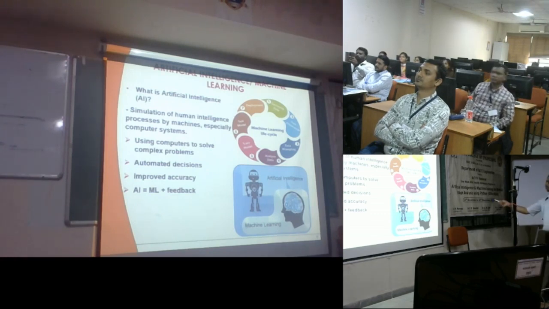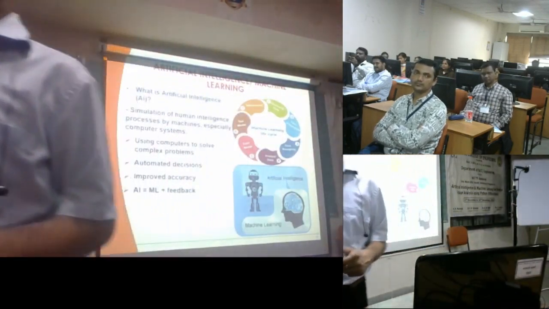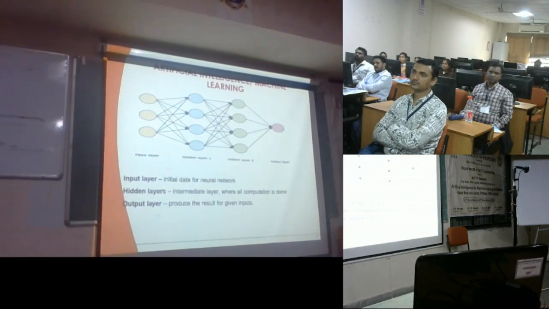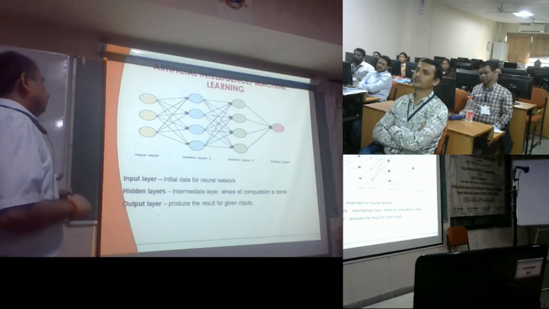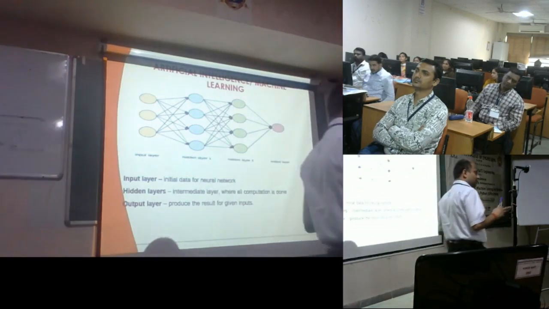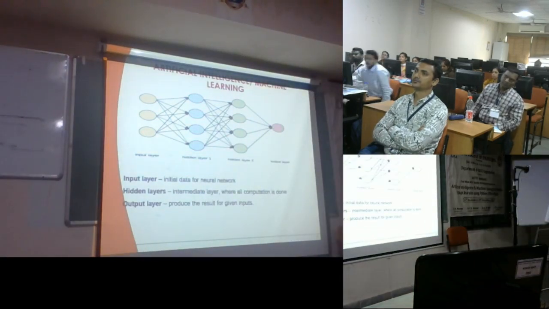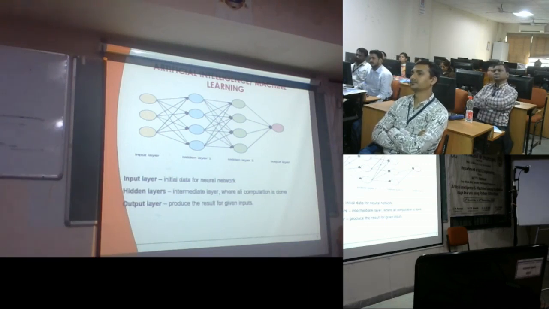Machine learning is a subset of artificial intelligence, because AI is equal to ML plus feedback. And how can we denote machine learning? It contains layers, a minimum of 3 layers. One is the input layer, one is the middle layer, and one is the output layer. The input layer is where we give the input. The middle layer is our artificial intelligence model, which gets trained, and at the output layer we get the observation,